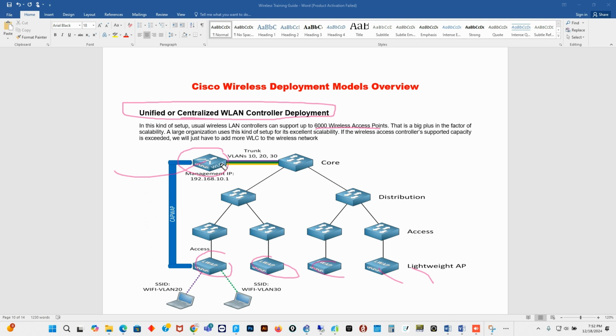You can have two for redundancy, or you can have another wireless controller for a remote office. So this is more common for a campus network or for a large organization. It's one of the things you are going to see in the industry working as a wireless engineer or as a network engineer. So this is one of the deployments. You might be responsible for installing a new wireless controller or installing a new AP. So this is one aspect when it comes to wireless or Wi-Fi deployment models.